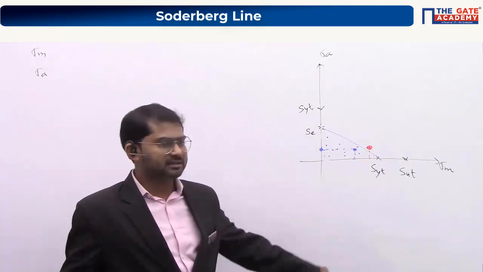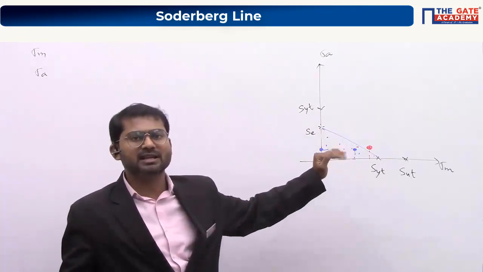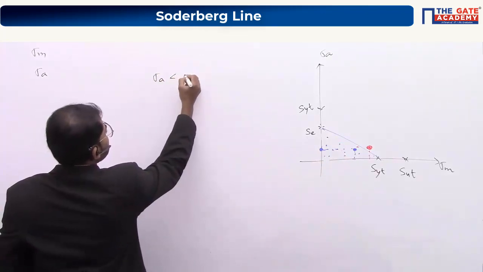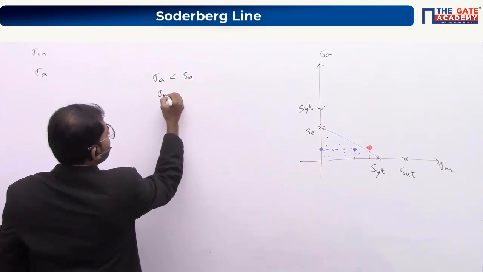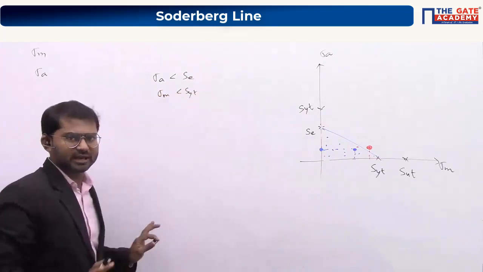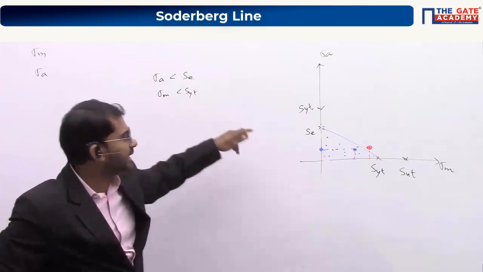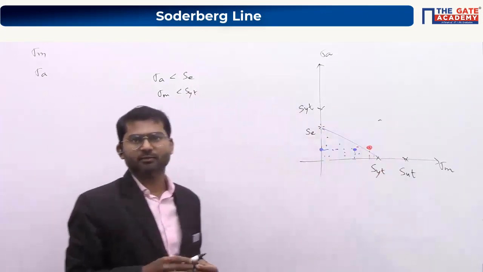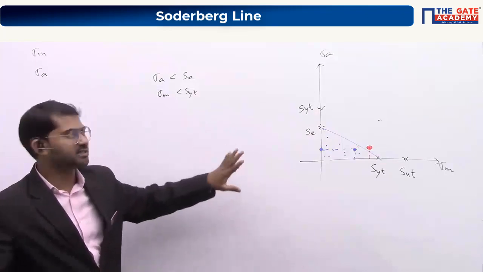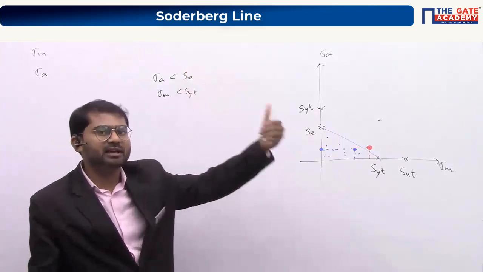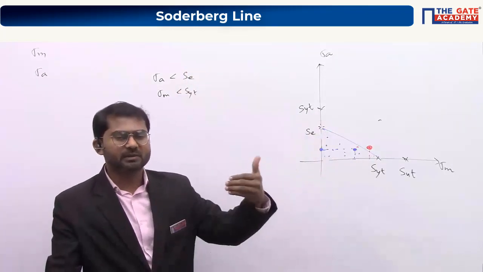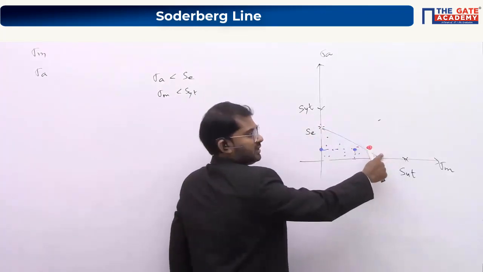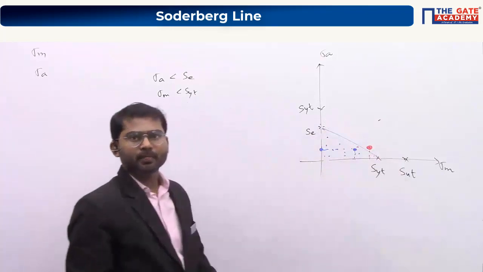So don't think that sigma mean and sigma amplitude should simply be less than SYT. That means you should not go with the condition that sigma A should be less than SE and sigma M should be less than SYT. Okay, this is not the condition here. If you go with this condition, you'll get a rectangle instead of this straight line, which is not the correct approach. So Soderberg has done this research. He started from here only, and from there he came to the experiments, and based upon experimental results he concluded that you should not go with this rectangular region here, you should go with this triangular region here.